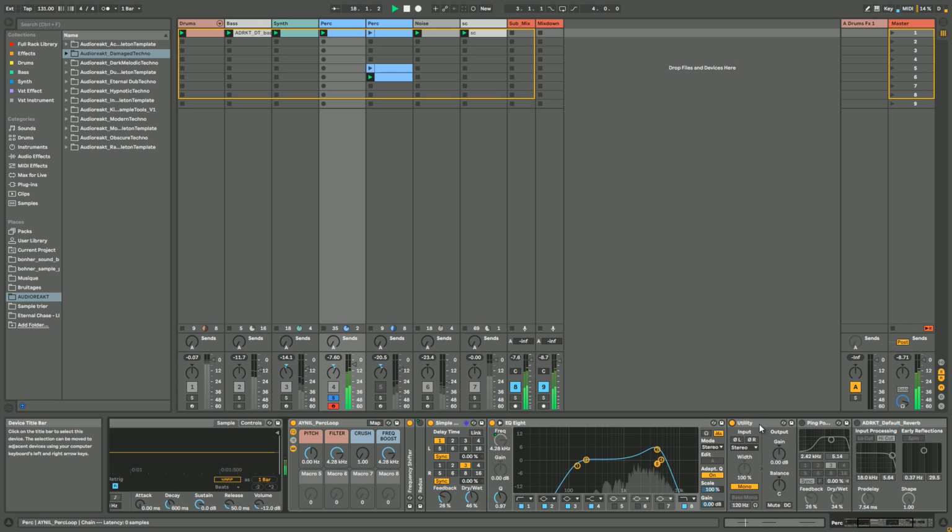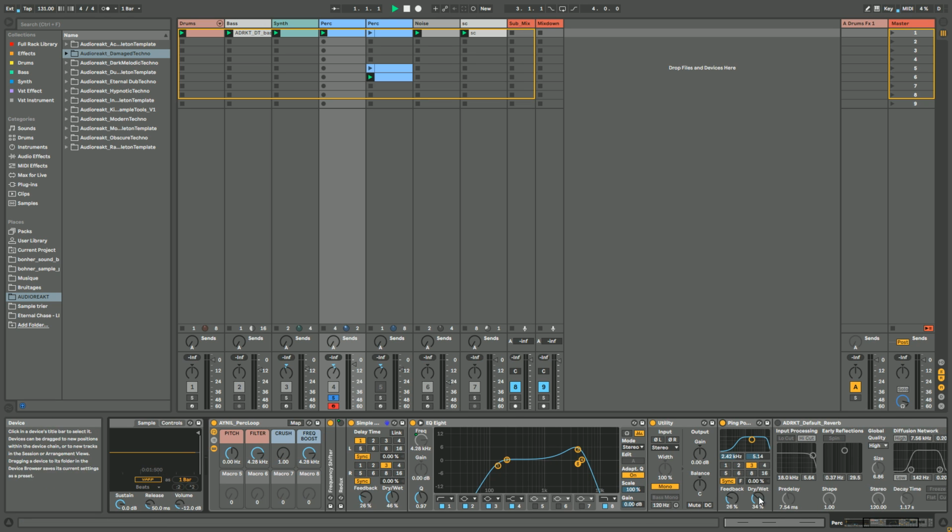Then I've got this utility to make it mono. The thing is, with my perc loop I don't really like it if it's too stereo, like if the delay is on left and right too wide, I don't like it, and so that's why I put mono. And like this, you still get kind of the same note playing at a velocity a little bit down. And then after I add another delay, a ping pong delay,